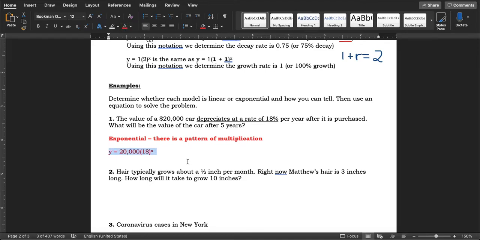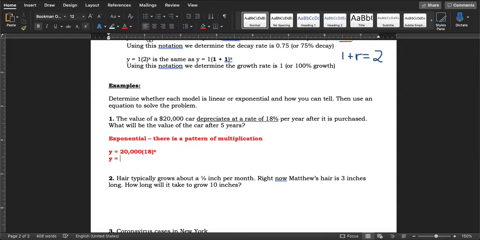That wouldn't really work because this number is greater than 1. So what's going to end up happening is all of your values are going to increase. Our value should not increase because the value of the car is depreciating. It's decreasing. For example, if you try to solve the problem by plugging in the number 5, so let's say we try to plug in the number 5,